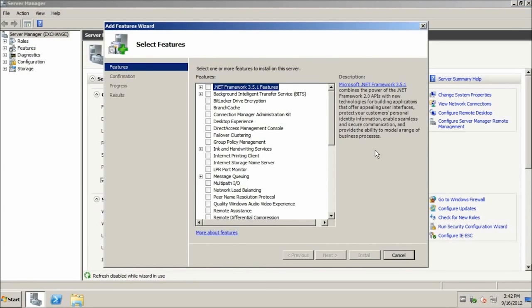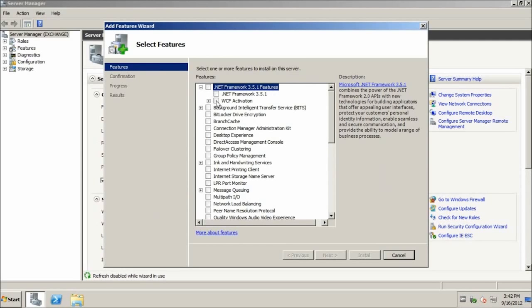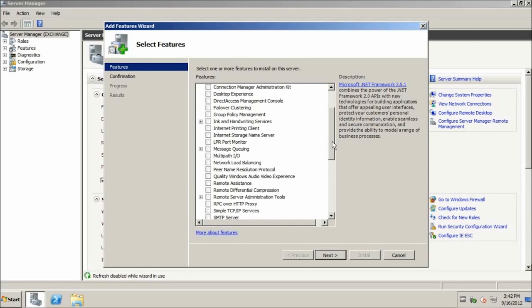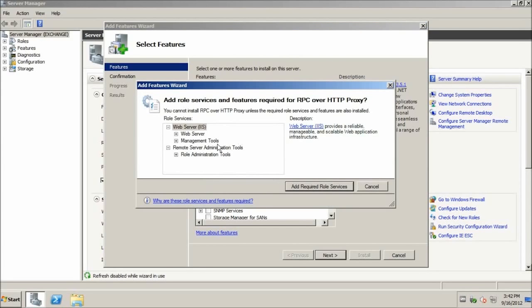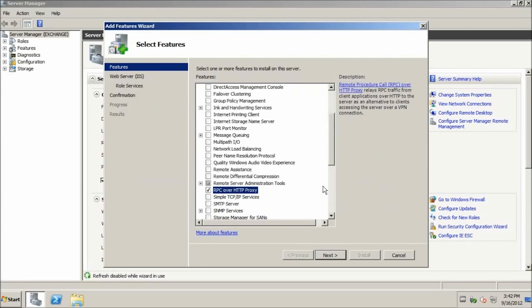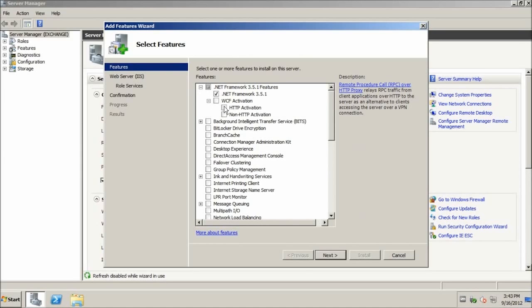Alright, so what we want is .NET Framework, not everything, we want just .NET Framework, and then we want RPC over HTTP proxy, and that requires IIS, so we just hit Add Required Features. And for .NET Framework we actually also need HTTP Activation, and that also requires IIS, so we add that. We need